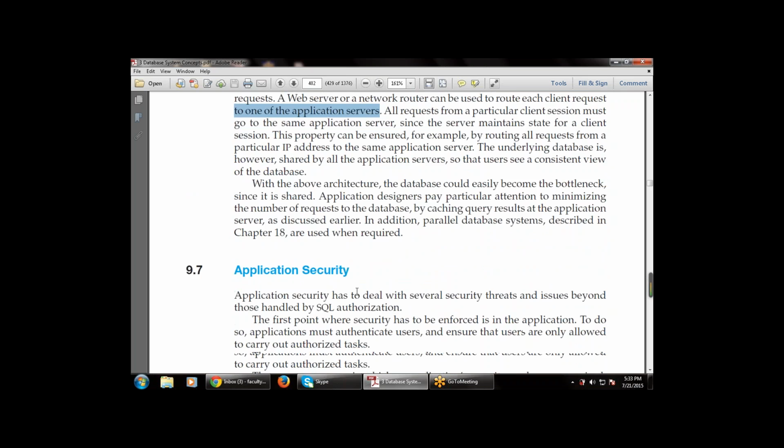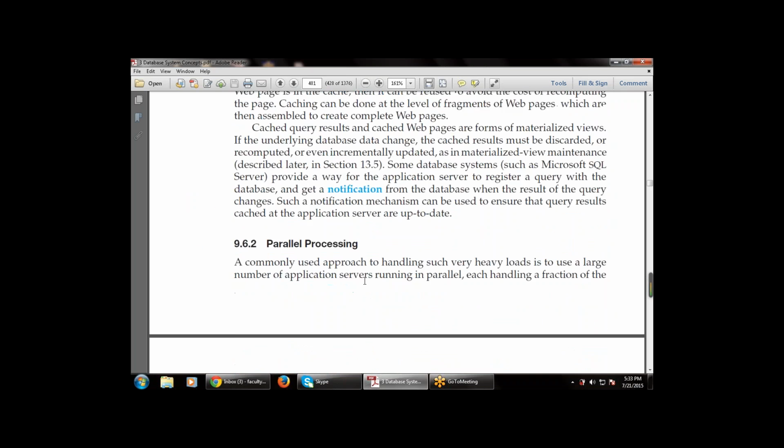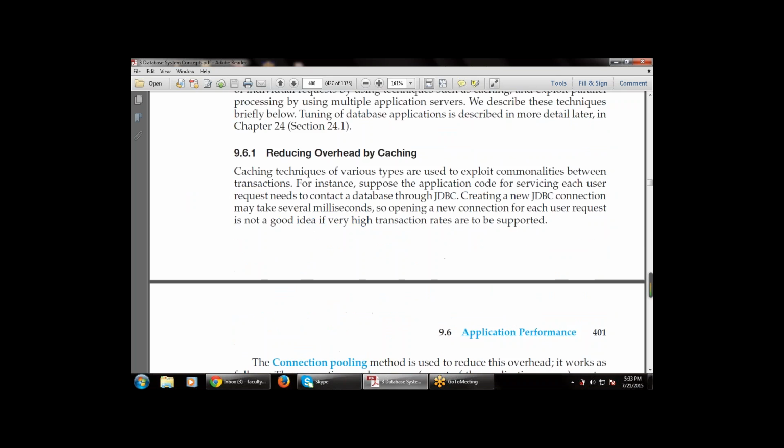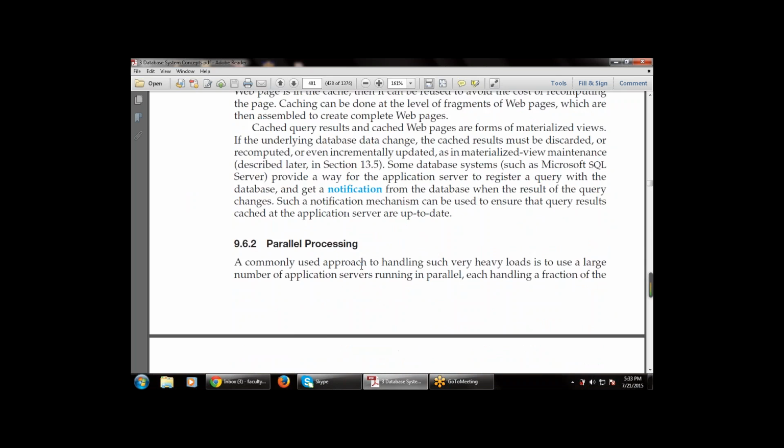Now next is application security. So there are two parts of application performance: one is parallel processing, and one is reducing the overheads by caching. Now next is the application